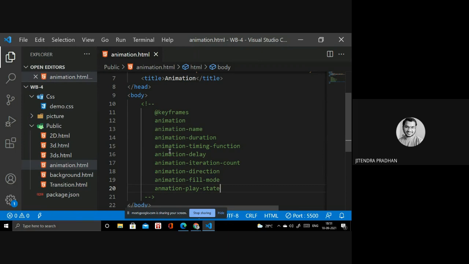So what is keyframe? Basically it is used to configure every frame in the animation, with an initial position and a final position.